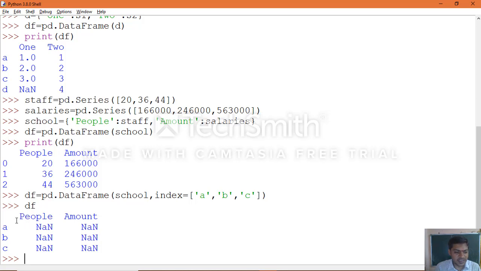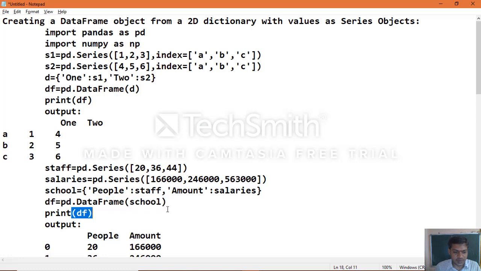Once you made it such a way, it took NaN values. Okay, let me see this example at the end. What's the reason we got this here? Let me see what happens there.